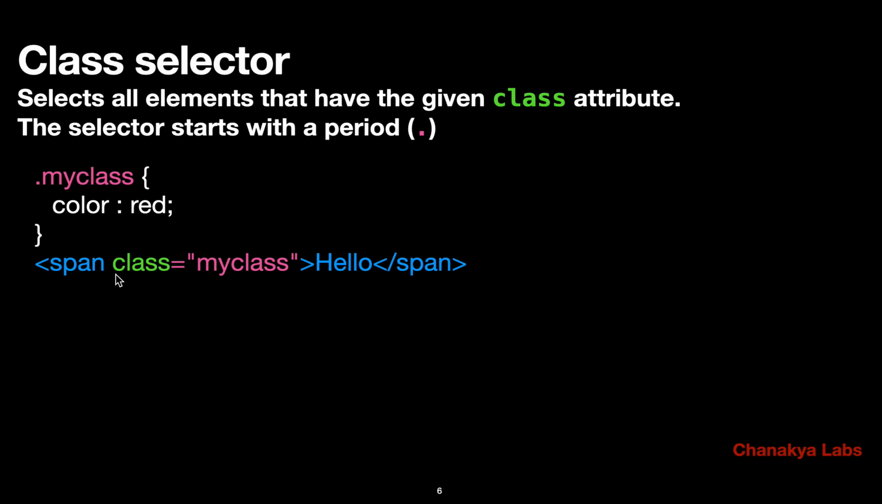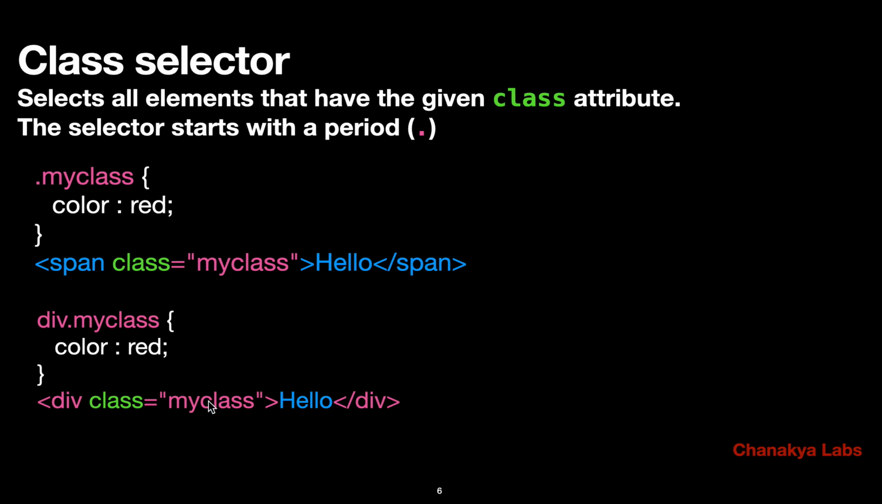But here we know that if 5 elements are there, all having a class equal to that, then this rule will be applied to all the elements. Now see the difference between this and this. When you use div.myClass, this means apply it to elements having the class attribute myClass, but only for those elements which are